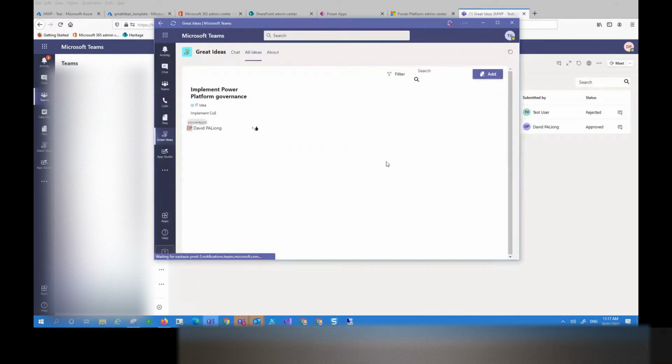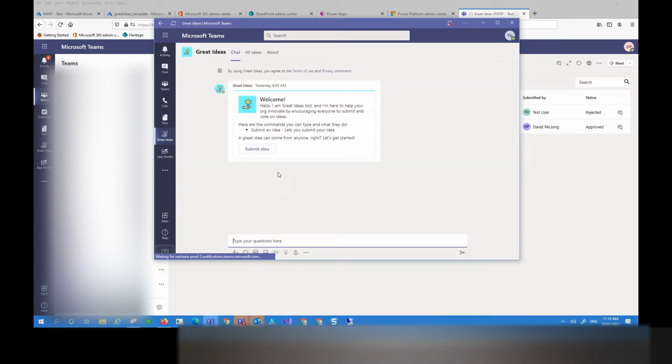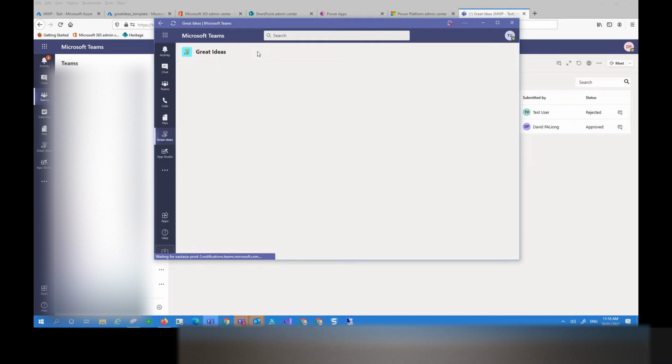So here I am as a normal user. When it's installed, they have this side loaded app called Great Ideas located on the left, if this is what we choose to roll out to everyone. So they have the standard chat, and this is where you can submit an idea, and I'll click on that later. But over here, the tab called All Ideas, this is a tab where